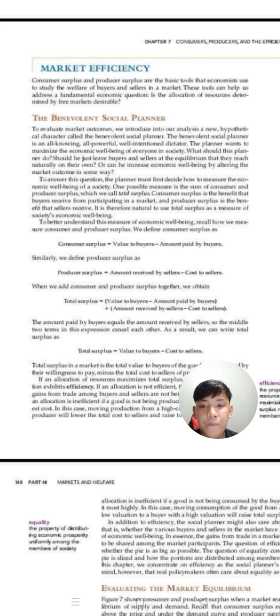The amount paid by buyers equals the amount received by sellers. The middle two terms in the expression cancel each other. As a result, we can write total surplus as,